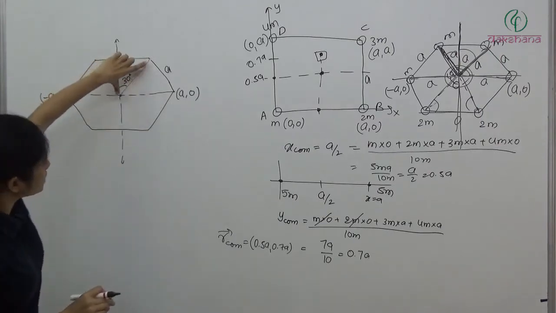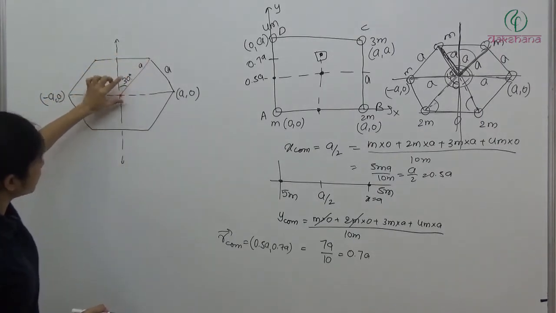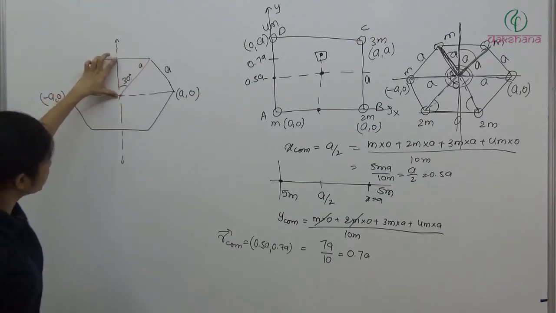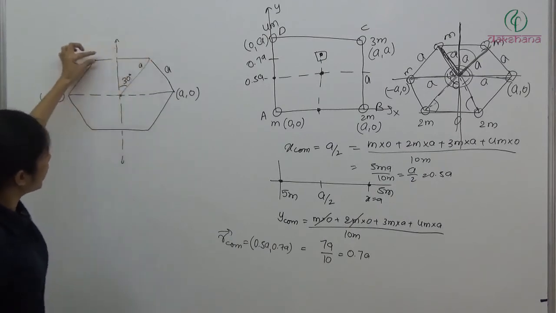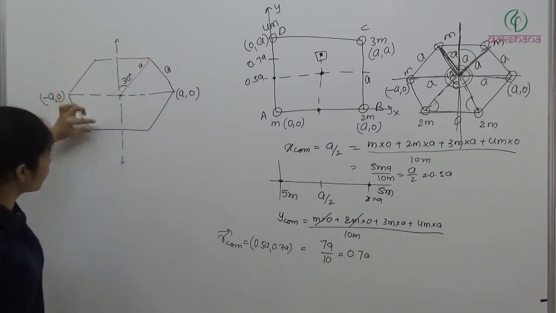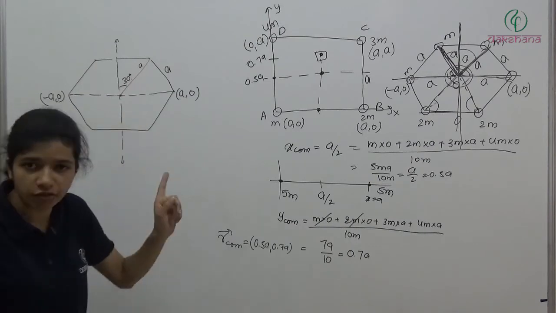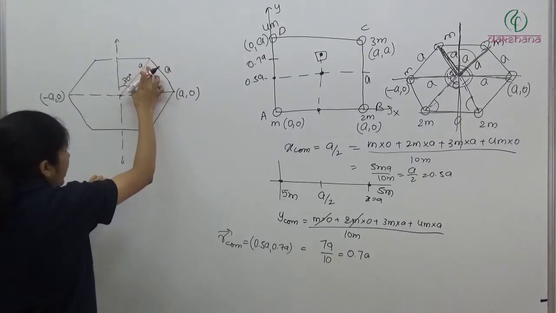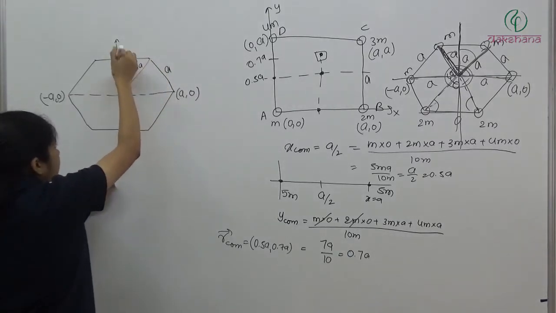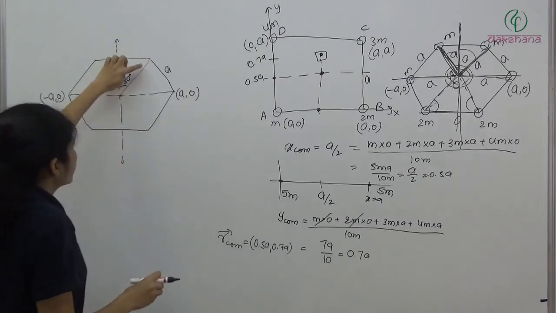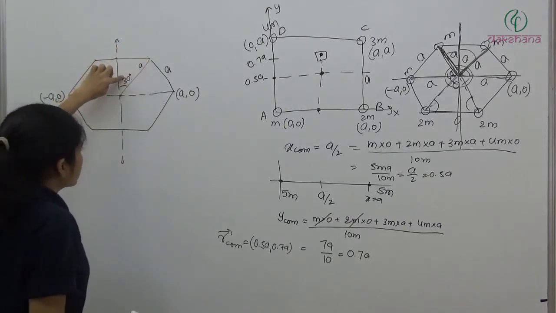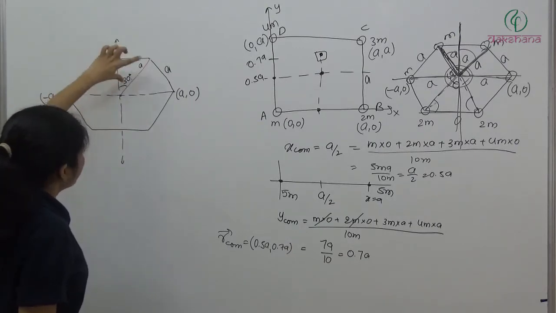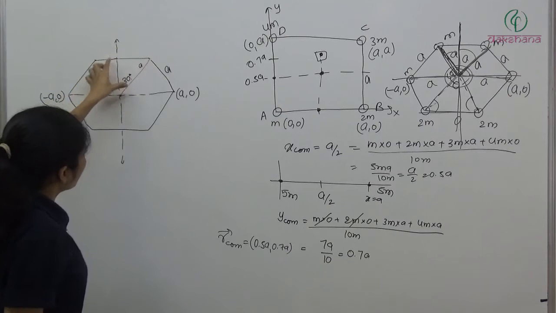So now if you know this length which is A and this angle which is 30, so A cos 30 is this length. And this will be the y coordinate for this particle and for this particle. And same will be for this particle and this particle, but in negative. This is simple geometry, you must know this. So this is A, geometry plus vector. You can call it trigonometry. Here we are using a right angle triangle where this angle is 30 degree. This is A. We can write cos 30 is equal to this divided by this. So this length will be A cos 30.